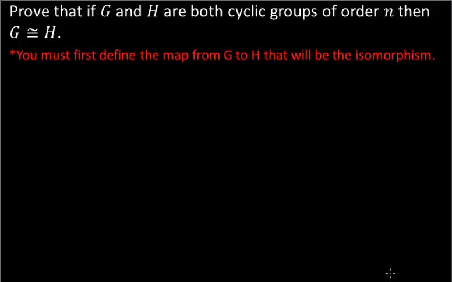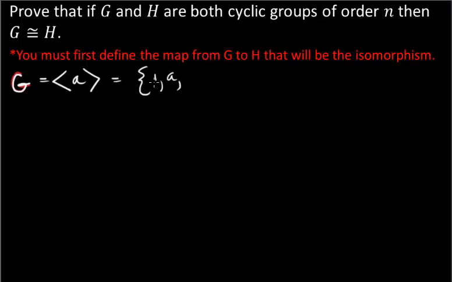And the next problem, prove that if groups G and H are both cyclic of the same order n, then they are identical, they are isomorphic. So we need to define the mapping in this case, and then we need to show that it's a homomorphism and that it's 1 to 1 and onto. So let's see, you wouldn't know where to start with this, so let's say that G, whoops, let me change color. Let's say that G is generated by some element A, and it will be then